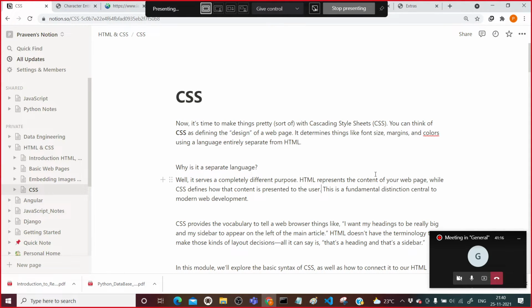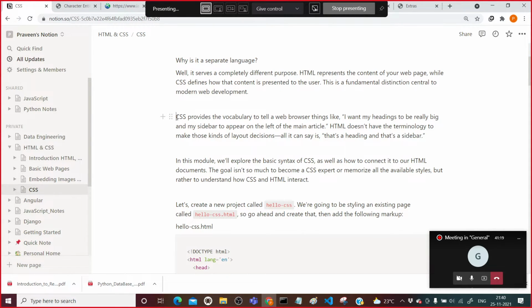Now one more thing: CSS also provides the vocabulary to tell the web browser things like, I want a heading to be really big, or I want my sidebar to be a little narrower or wider. These are the things we tell with the help of CSS.